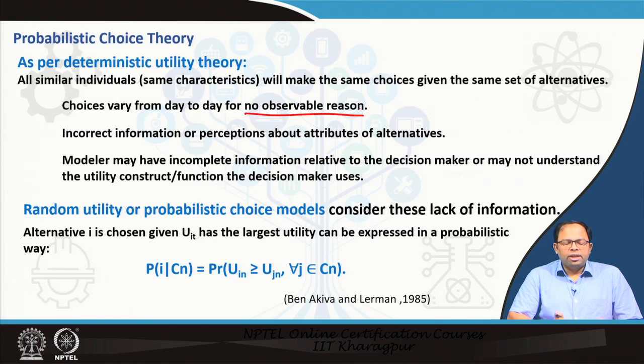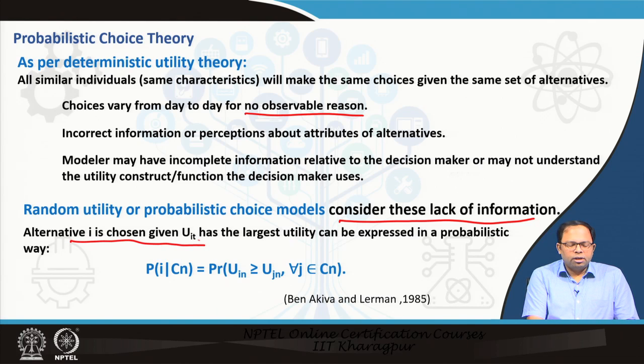So, random utility or probabilistic choice model considers this lack of information. That means either lack of information on the part of the user or the part of the modeler. It also takes into consideration that, for no observable reason, people vary their choices. If this is the situation, we say that alternative I is chosen given UIT has the largest utility,